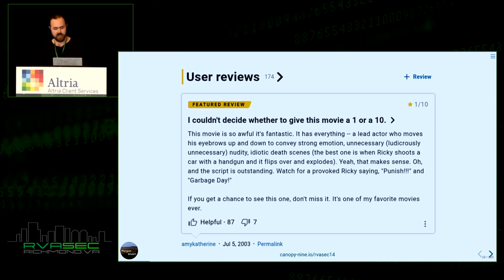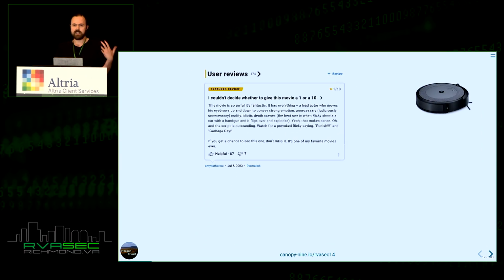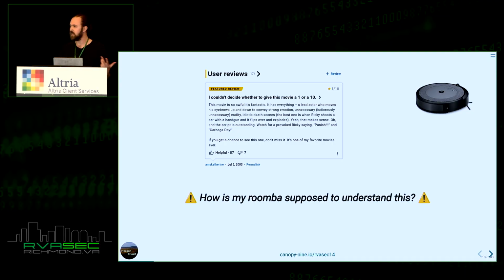Let's get into it. So I'm going to start with this. Everybody probably recognizes this as an IMDb movie review. It's one of those so-bad-it's-good movies, and it's kind of confusing. We kind of all get it. We read it. But a few years ago, this was a really hard problem to solve with machine learning, natural language processing. The idea of how can I get a machine to understand the complexity of this, not even the text in it, but the image, the thoughts, the back and forth that's going on here. That's a hard problem.